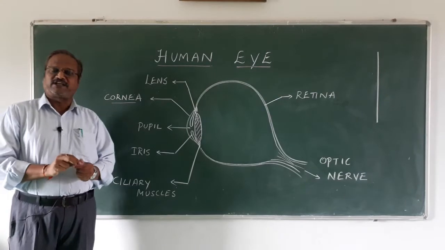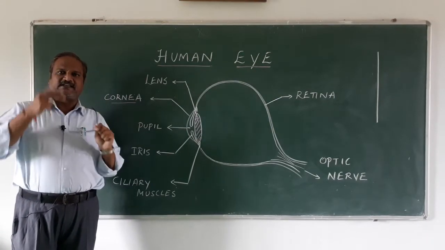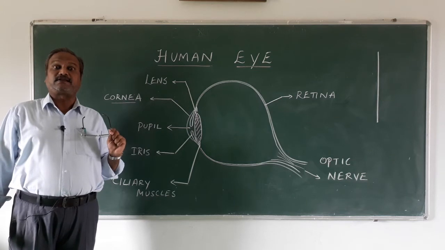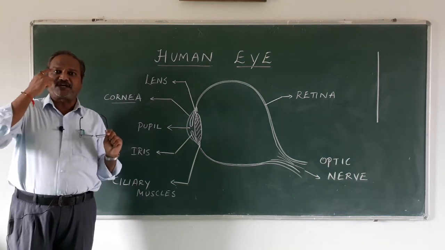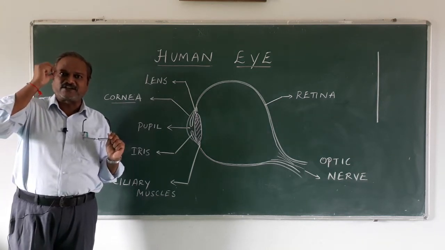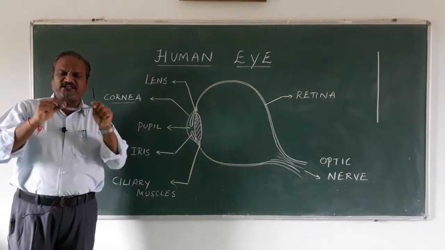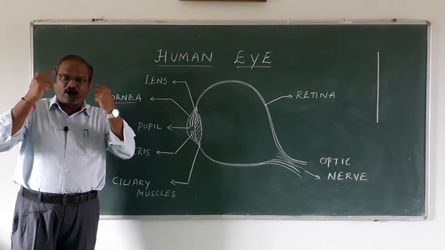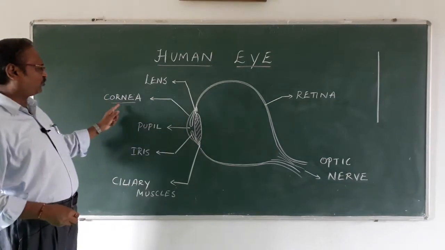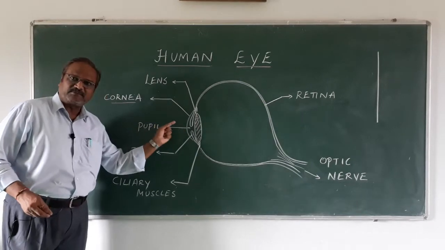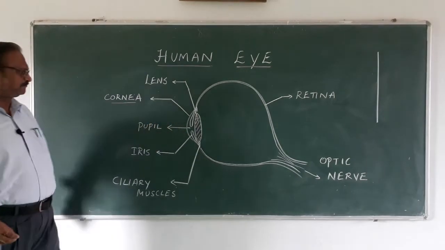Yes, and the light is entering the eye, and the first part is called the cornea. See, cornea is the first part. You see, I am blinking my eye. Like this, like this. This is like a shutter. Eyelid is like a shutter, and inside the first part, lightly you will see waterish. Yes, waterish, and that is called cornea.